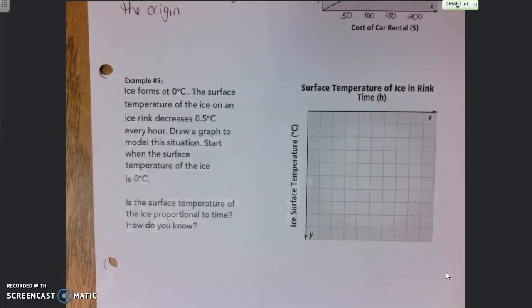So number 5 says that ice forms at 0 degrees Celsius. The surface temperature of the ice on an ice rink decreases 0.5 degrees Celsius every hour. Draw a graph to model this situation. Start when the surface temperature of the ice is at 0. So if the ice forms at 0 degrees, when it just hit 0,